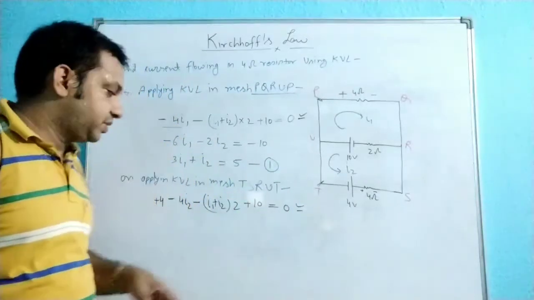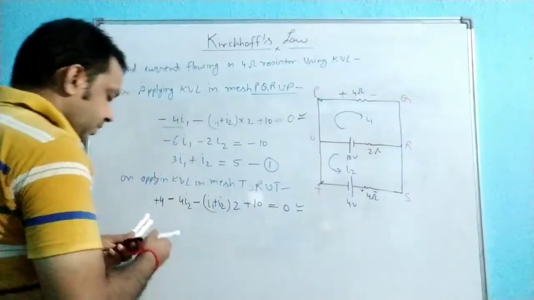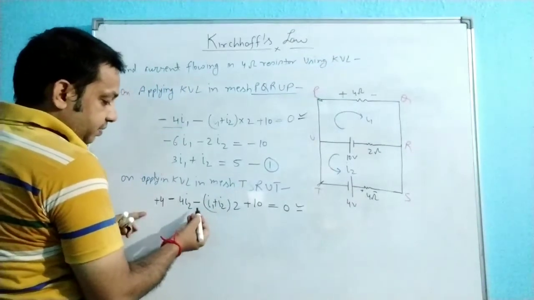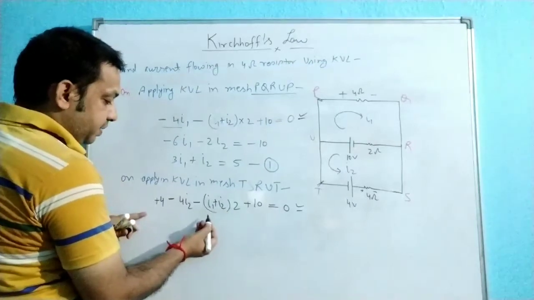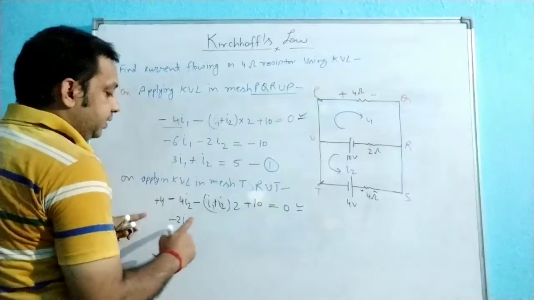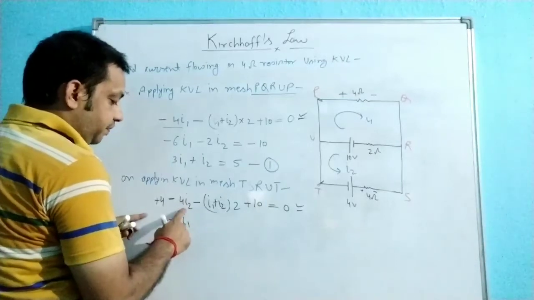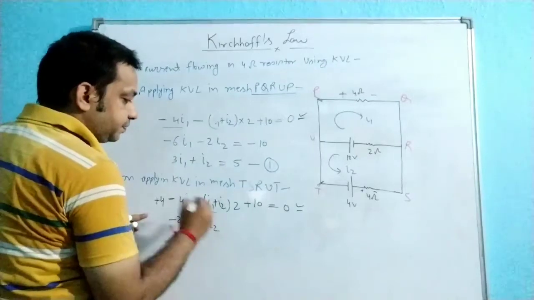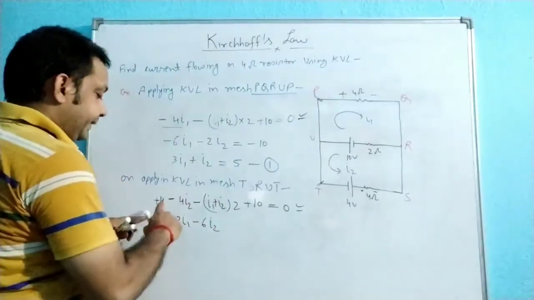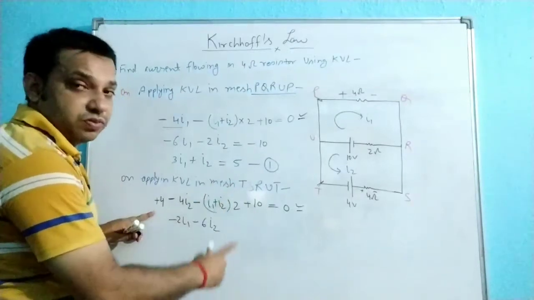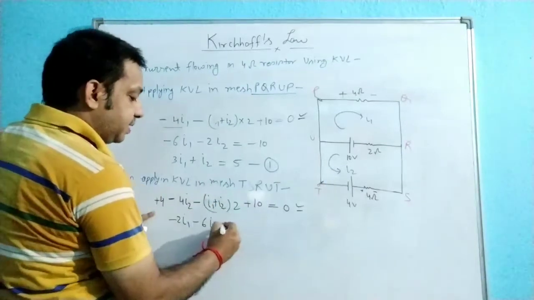Right? So just see, the two equations are here. Just simplify this equation. So here you see the I1 term. So minus 2I1 is coming here. So minus 2I1. Right? And minus 4I2 and minus 2I2, you will get minus 6I2. Clear? And this is the plus 4 and this is the plus 10. That will become plus 14, and when that goes to that side, that will become minus 14.